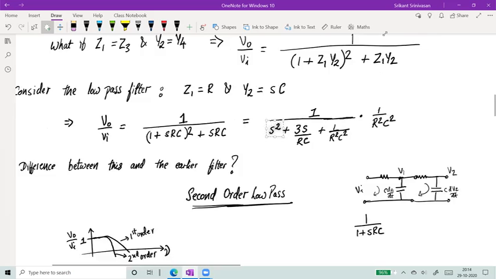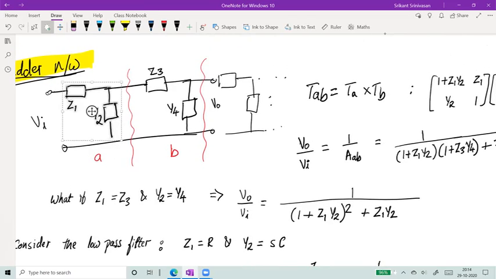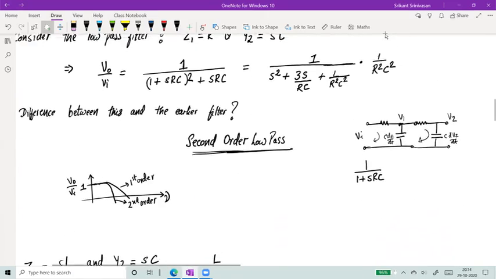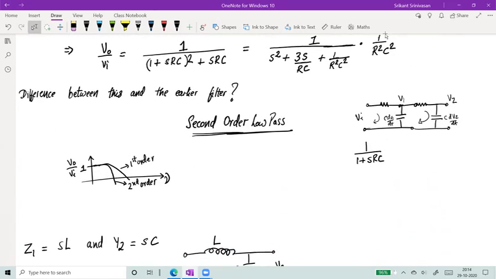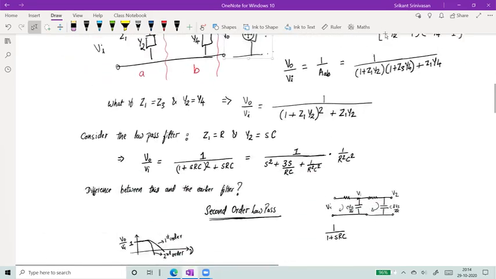So once you have this ladder network, then it's easy. You can just keep adding more and more of the similar sections and increasing the order of your filter to make the response sharper and sharper. And ideally, if you want the response to be very sharp, you'd have a long ladder circuit. But then what is the disadvantage of that? It's taking space on your integrated circuit chip or wherever you're using it. And in addition to that, there are more problems like ripples and all that, which I have not talked about. So that was the other case of the ladder network.